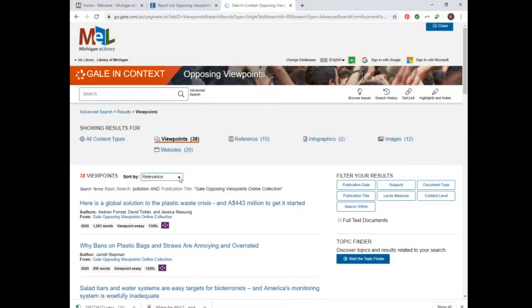But we can also sort these by relevance. Relevance being the likelihood that a particular result is related to your search term. So the ones at the bottom are less likely to be related to what you're searching for, but the ones at the top are most likely. So let's say this number 38 was a lot larger. We could be pretty confident that if we just search the first couple pages of returns, that they would be